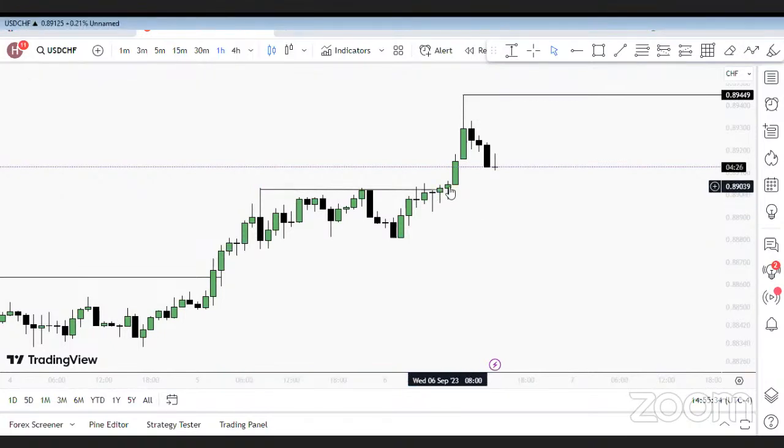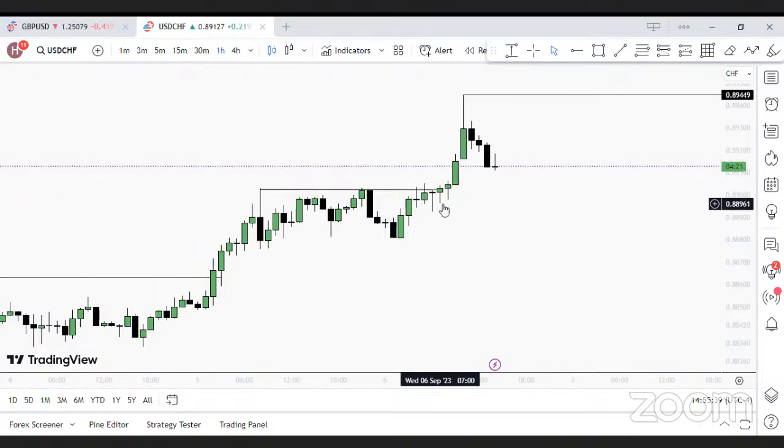I'll take my entry from this candle. Okay, I'll enter from here. My stop loss will be here. Okay, and then I'll target to this upside. Look at how far the